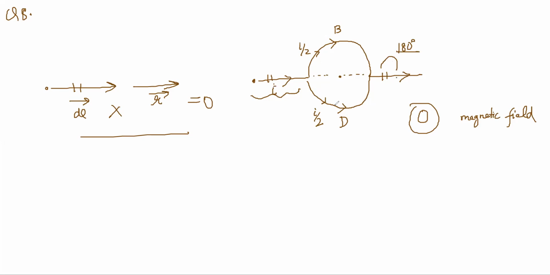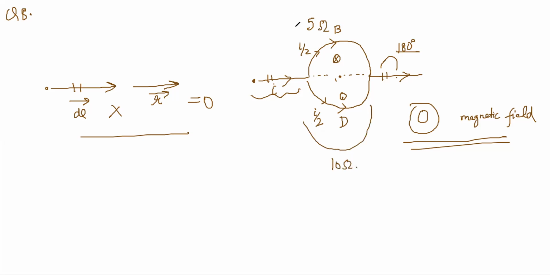You have to add up this, and this goes into the plane of the paper, and this comes out of the plane of the paper, right? The magnetic field at the center due to these would have been 0 if they were split equally, but in this question they have changed that a little bit, and they have said that resistance of ABC is equal to 5 ohm and resistance of this one is equal to 10 ohm, right?